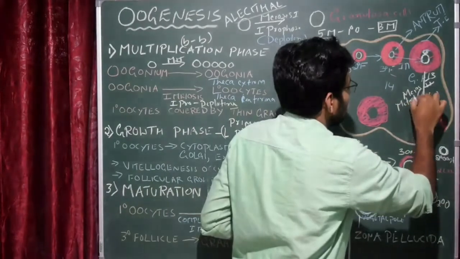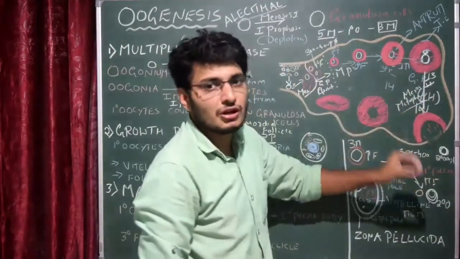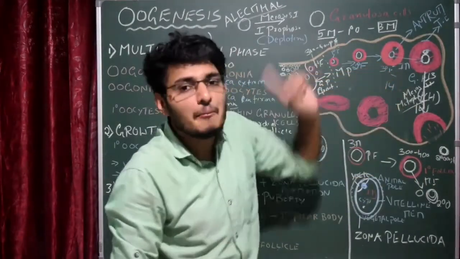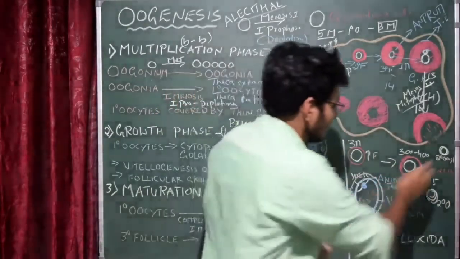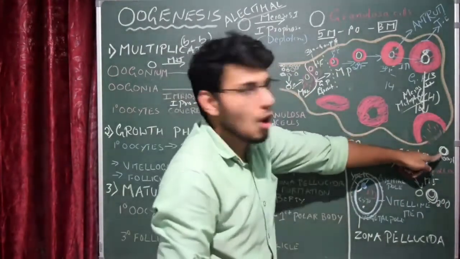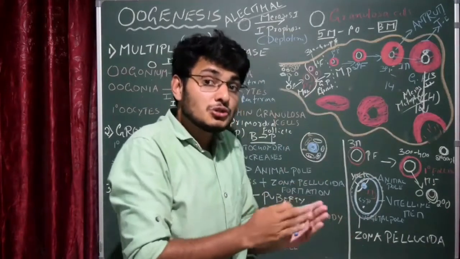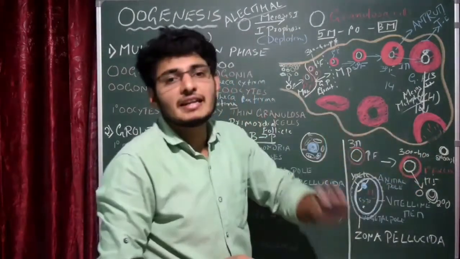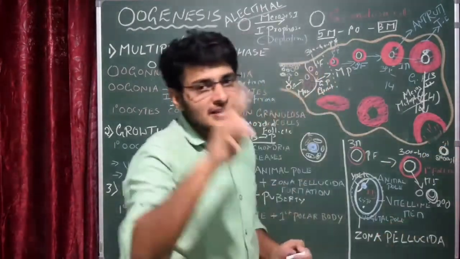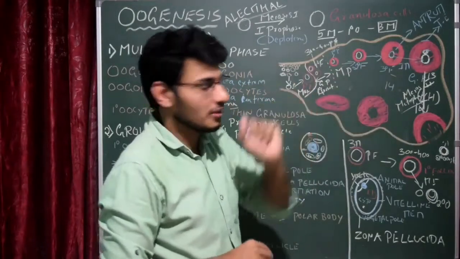Very, very important. So you may get a question. The secondary oocyte which is released from the ruptured Graafian follicle is arrested at second meiosis, particularly second metaphase. Okay, so this is actually called as secondary oocyte. But your NCERT textbook has given it as ovum. We cannot call it ovum because the term is used only when the secondary oocyte is fertilized by the sperm. Because the secondary oocyte did not complete its second meiosis, it is arrested in metaphase 2 of meiosis 2. This is a very important thing.